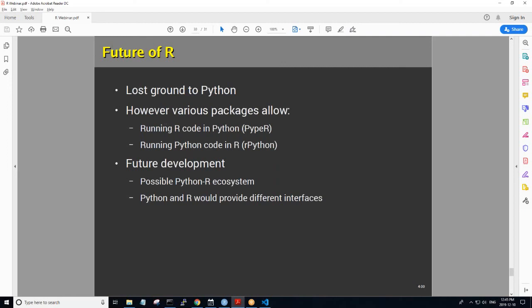In this particular case, there are already tools. So for example, we can run R code from Python using a Python package called rpy2. And we can also run Python code in R. And so what we're really looking at now is convergence, and we're seeing this as a general trend amongst programming languages, that we're having this ecosystem of tools, capabilities, and libraries, but we're starting to be able to look at the idea of calling them from multiple languages.